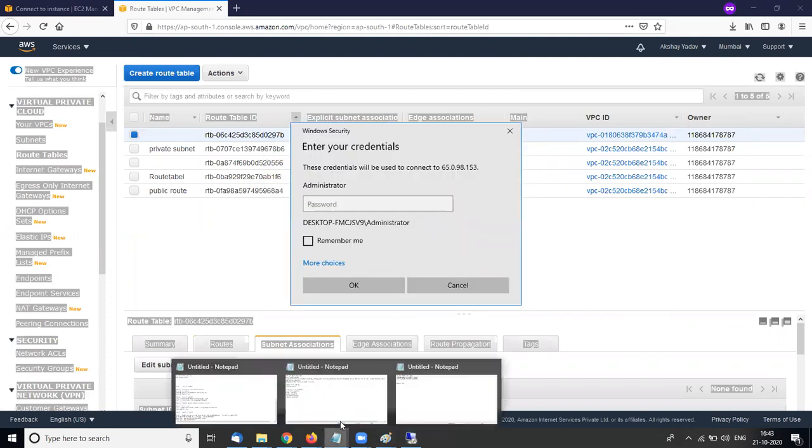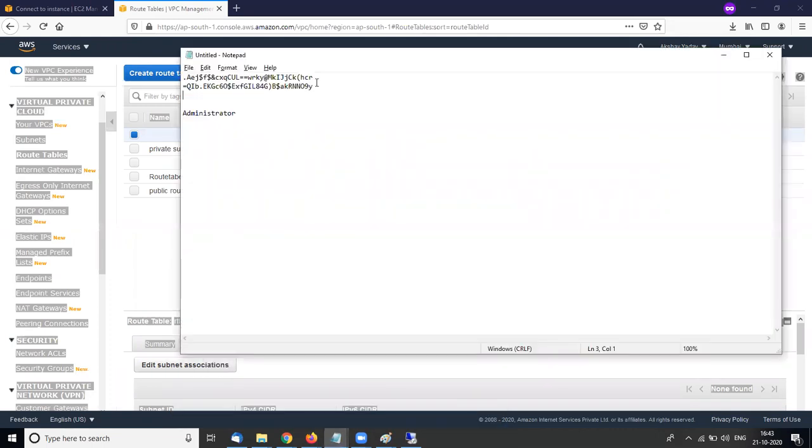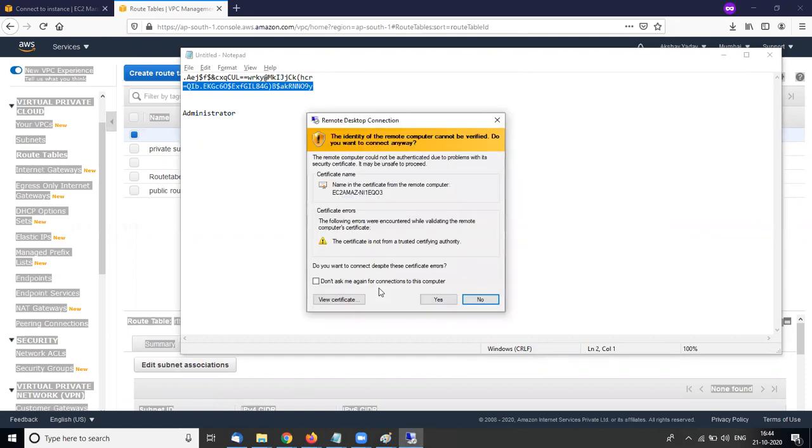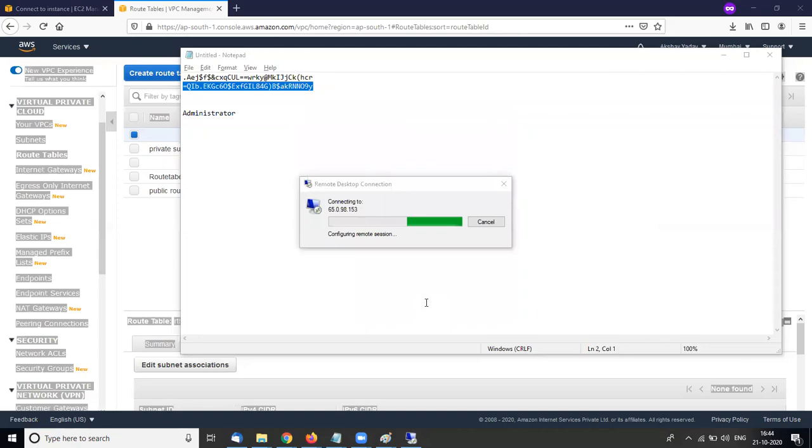So here I am inserting the password of my machine. This is my machine password. Okay, now my server is connected.